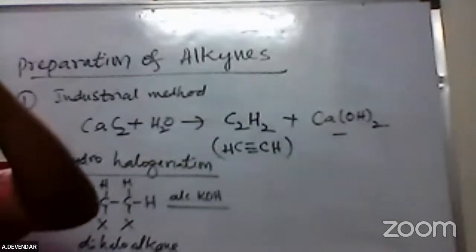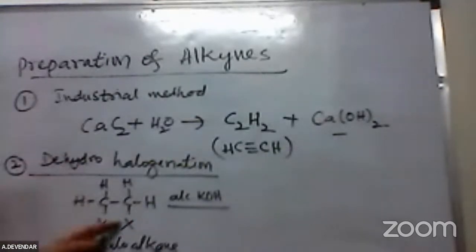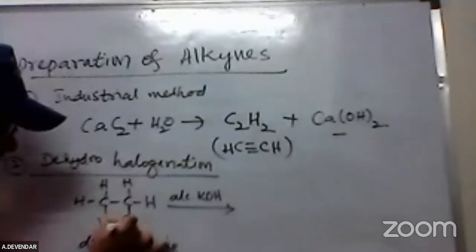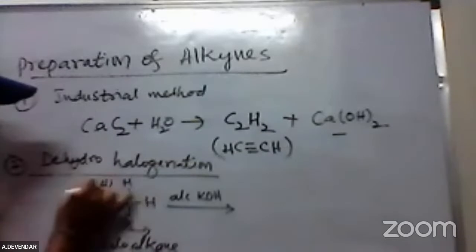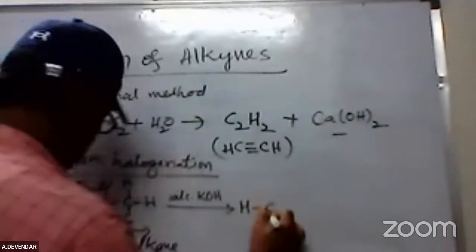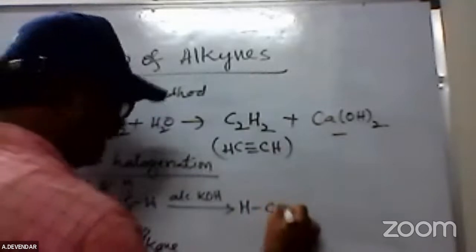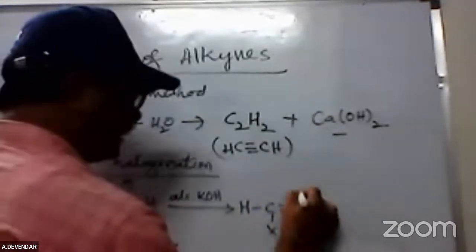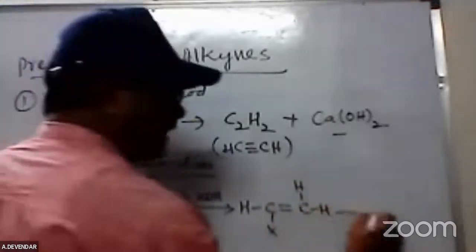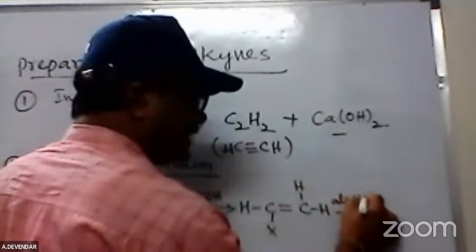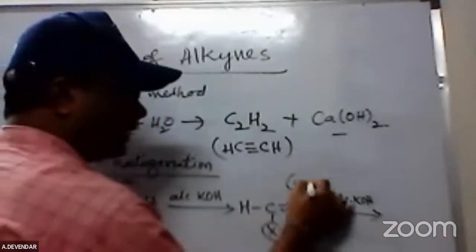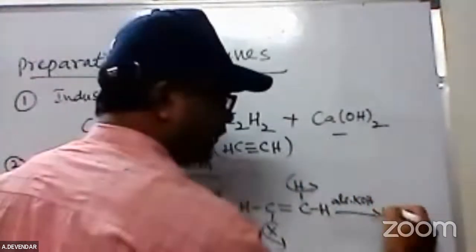First, one hydrogen and one halogen are removed. So you are removing this hydrogen and this halogen first, and you get a double bond, CHX double bond CH. Again, in the presence of the reagent, you remove another hydrogen and halogen again. So you are getting